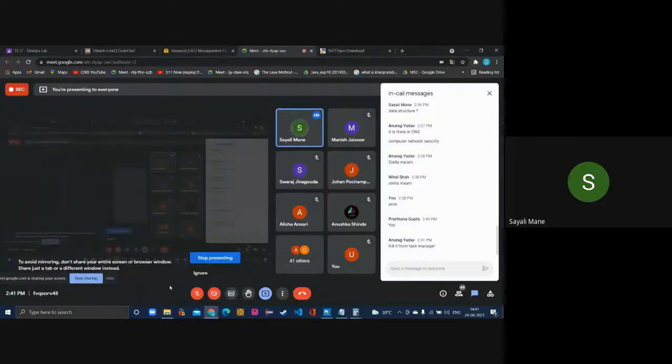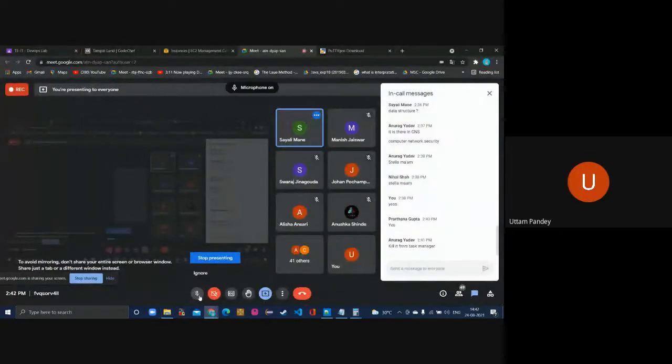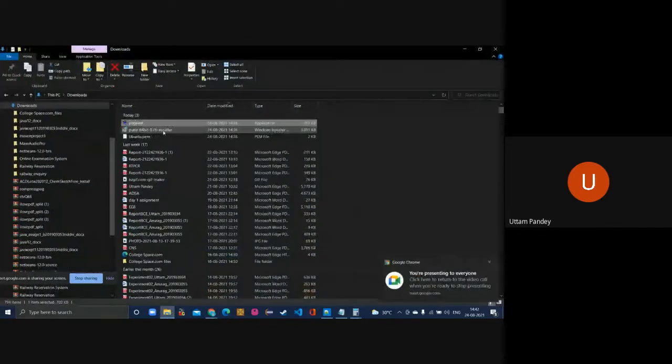So the PuTTYgen that you have installed, try to open that one exe file. The one which you have installed. Ma'am, that is the exe file. I can't see. Can you just zoom?